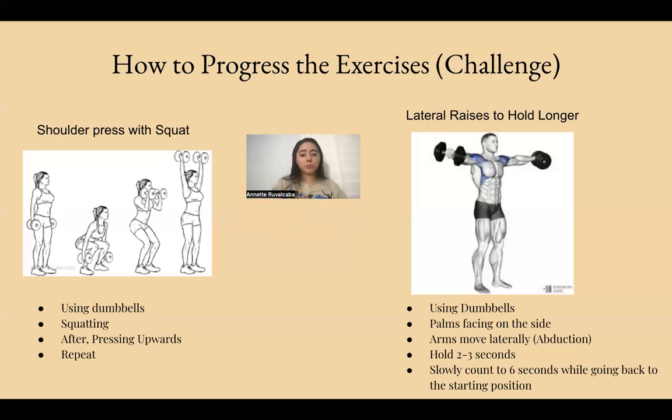And for the shoulder press, you can actually add in an exercise with it. So it would be a compound exercise because it's 2 exercises in one. And how that would be is, for this example, I use squatting. And so just like we were pressing like a seated press, we would be standing up for this exercise, and we would go ahead and position ourselves to get ready to do a squat while we have our weights